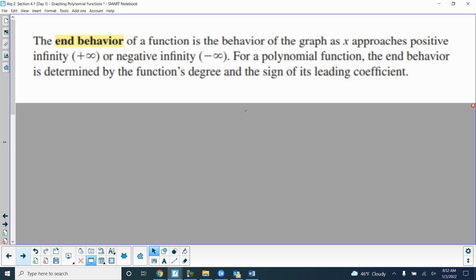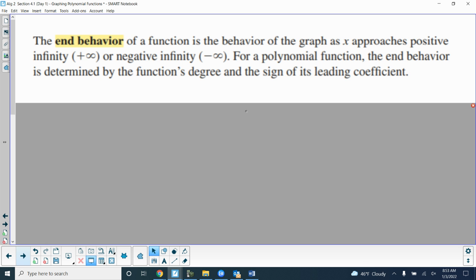All right. End behavior. The end behavior of a function is the behavior for the graph as x approaches positive infinity or negative infinity. So the very far right of the graph, what's happening? And the very far left of the graph, what's happening? For a polynomial function, the end behavior is determined by the function's degree and the sign of its leading